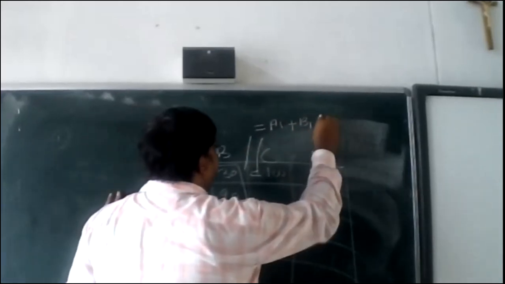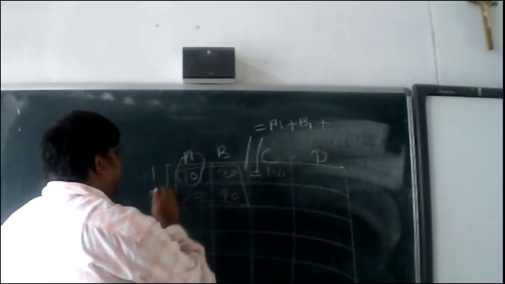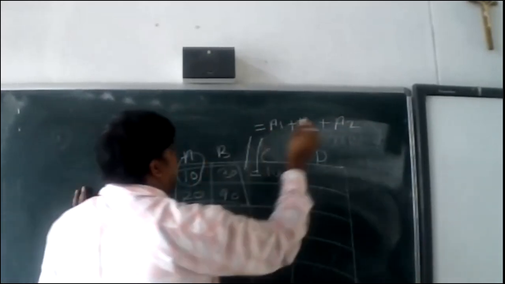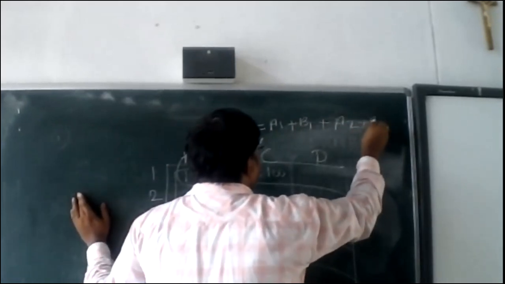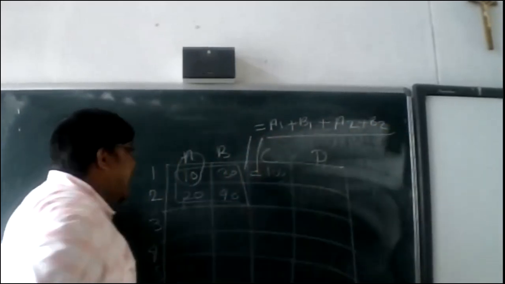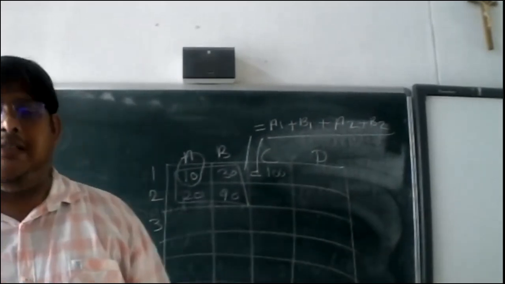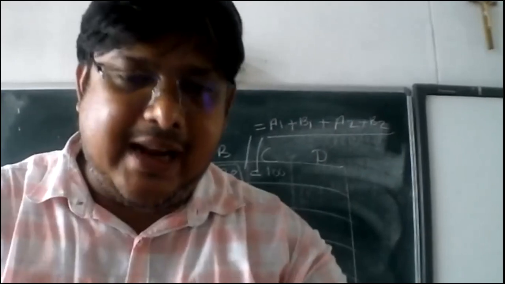Then we have to write the address of this cell, it is A2. And then we have to write the address of this cell, that one is B2. And as I press the enter key, it will show 100 in the C1 cell. So come here, I will show you.